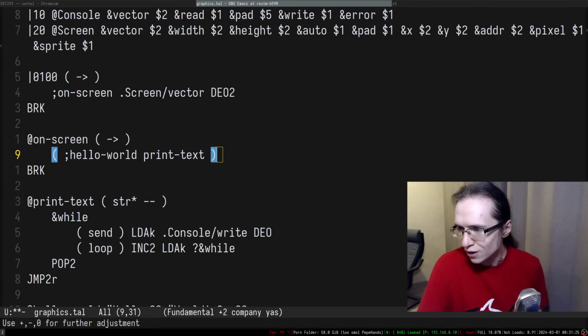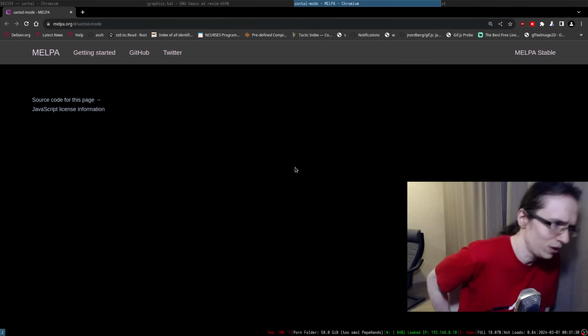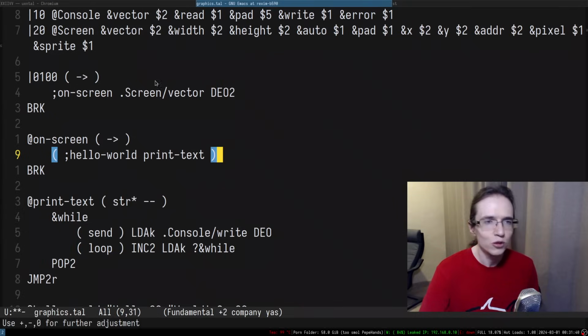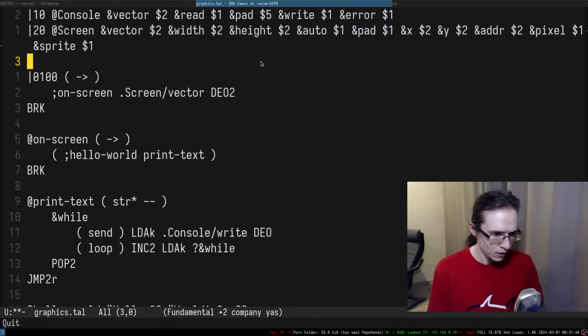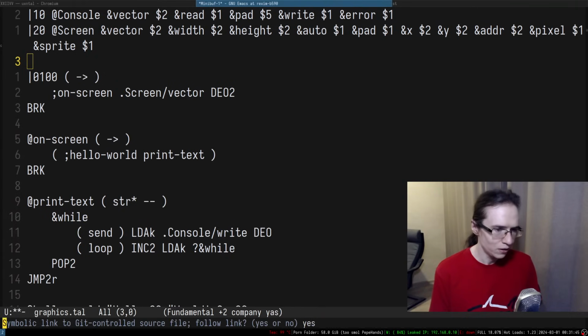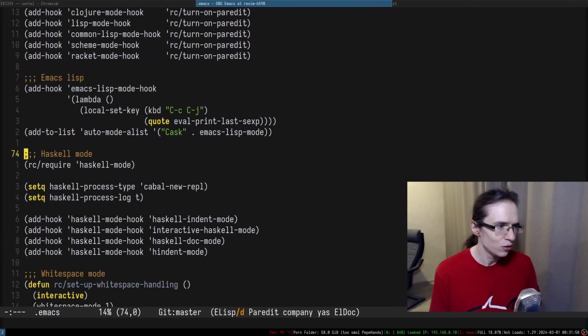Okay, so there is a mode for Emacs. Let's quickly install that. Here it is. So let me just take that. I'm gonna go into Emacs and probably just install that. What's gonna be the best way for me to install that?